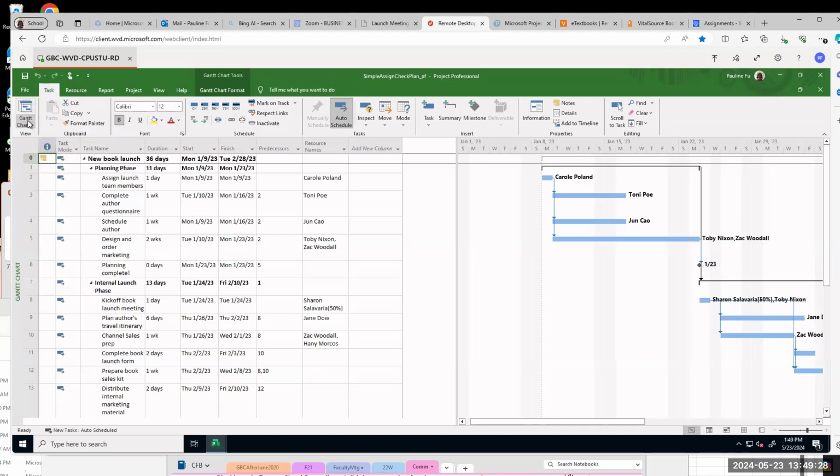It's already Gantt chart. No, pick the down arrow key. Select task usage. We need a task usage view.